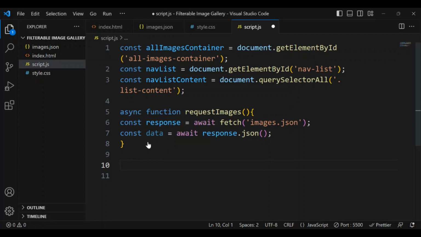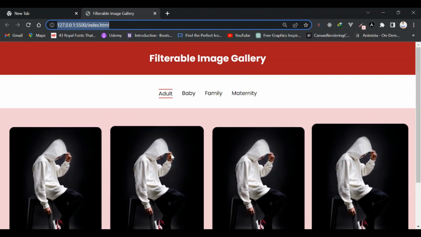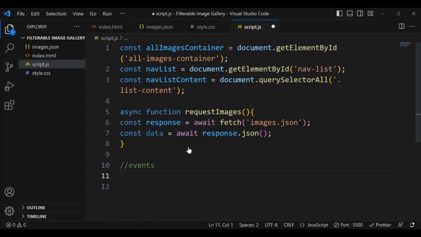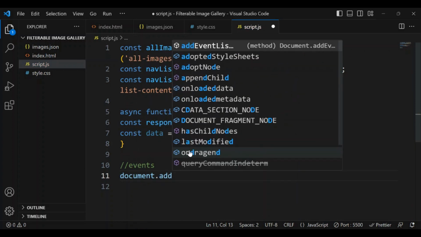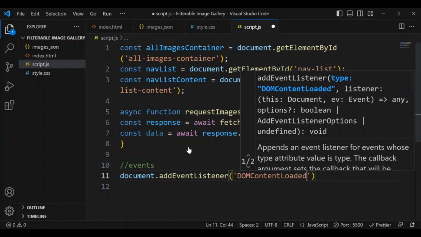So I'm going to put my events over here, all the events we want. So first, I'm going to create a DOM content load event, and I want all adult images to load by default. So I'm going to say document dot add event listener, and I want to listen for when the DOM content loads, and I want to